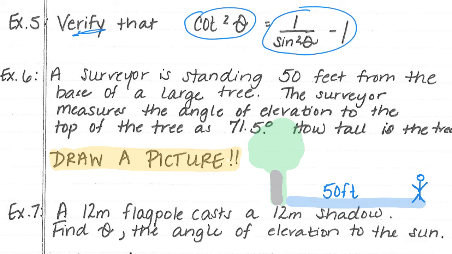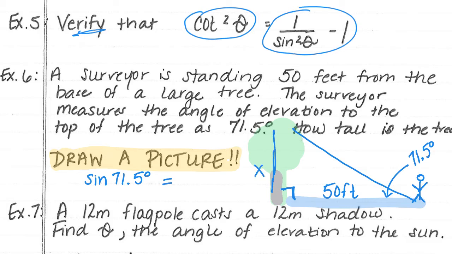The surveyor measures the angle of elevation to the top of the tree as 71.5 degrees. How tall is the tree? Well, I'm at home and I don't have my graphing calculator with me, but I know that I could use the sine of 71.5 degrees, hint, hint, we need our calculator in degrees, is equal to, well, I need to